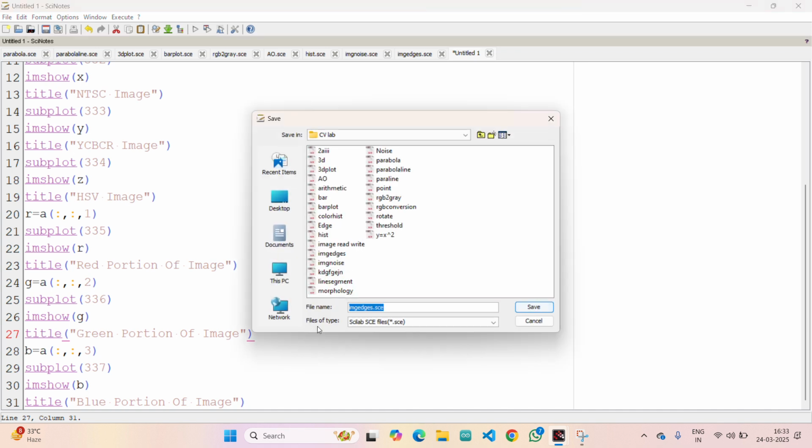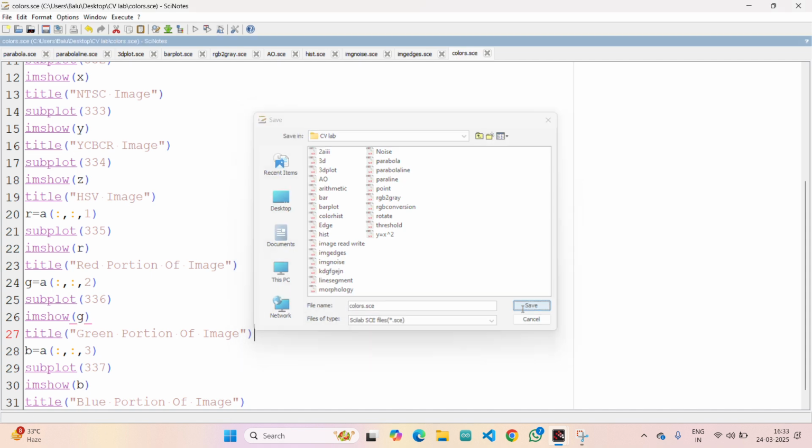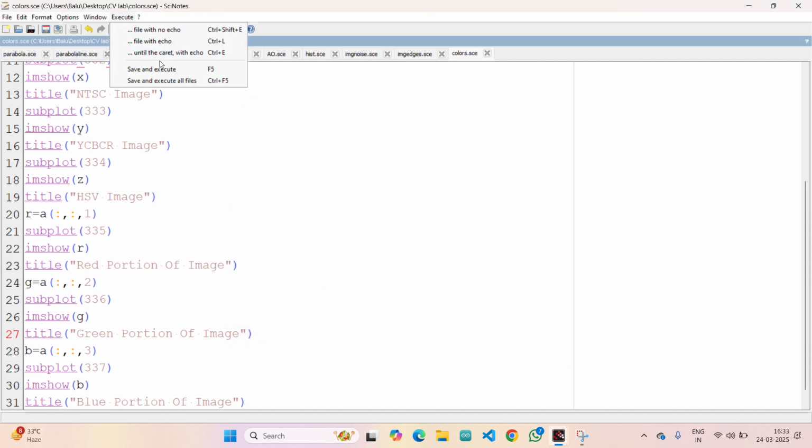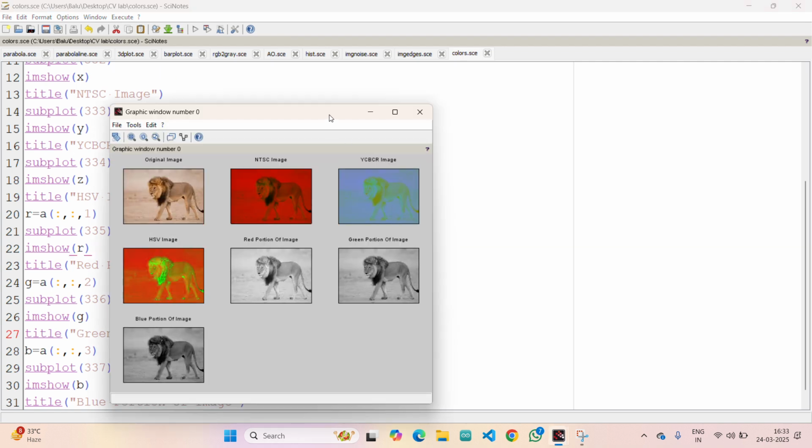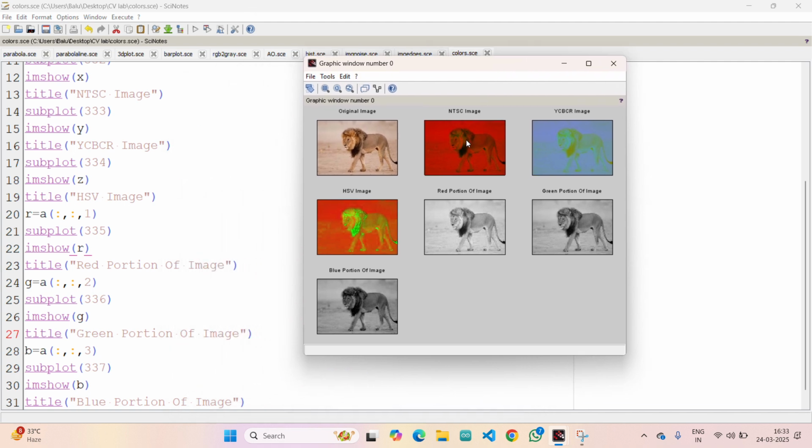Now let me save it as colors and execute, clearing the console. Yeah, you can see here, this is the NTSC image, YCbCr image, HSV image, red portion,